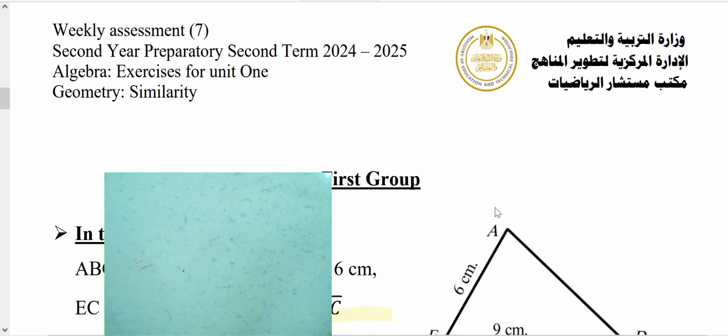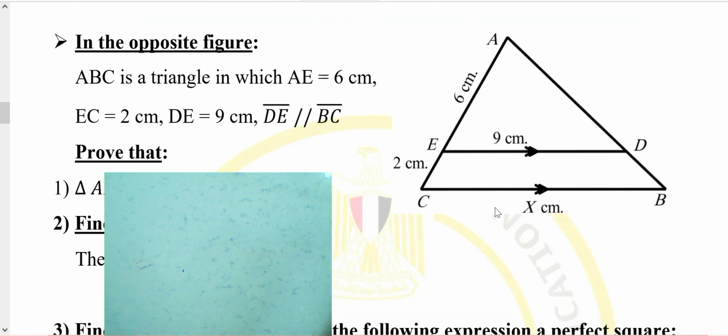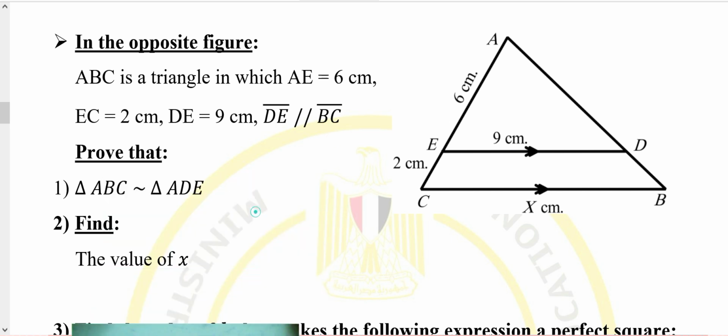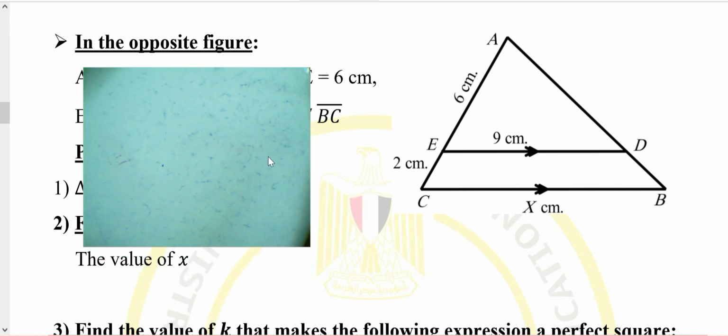Okay, first question, first group. In the opposite figure, ABC is a triangle, in which AE equals 6 centimeters, EC equals 2 centimeters, and DE equals 9 centimeters, and DE is parallel to CB. Prove that triangle ABC is similar to triangle ADE, and then find the value of x. Okay, to find the first solution,